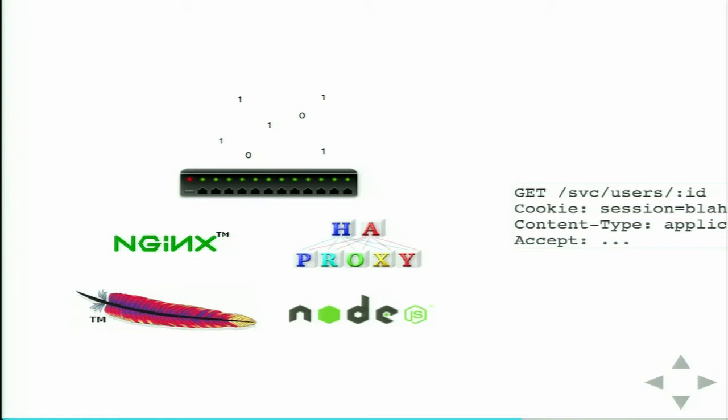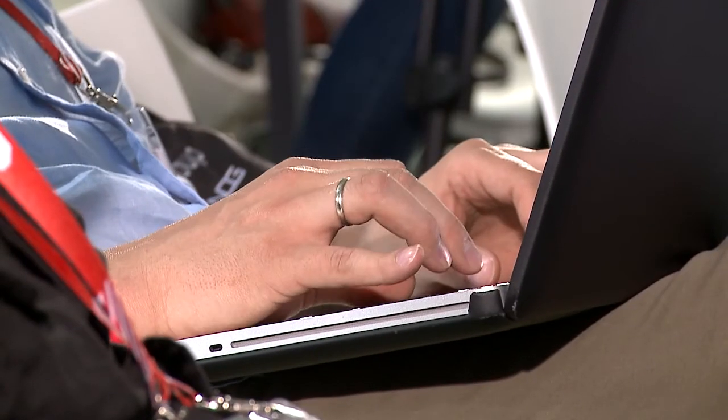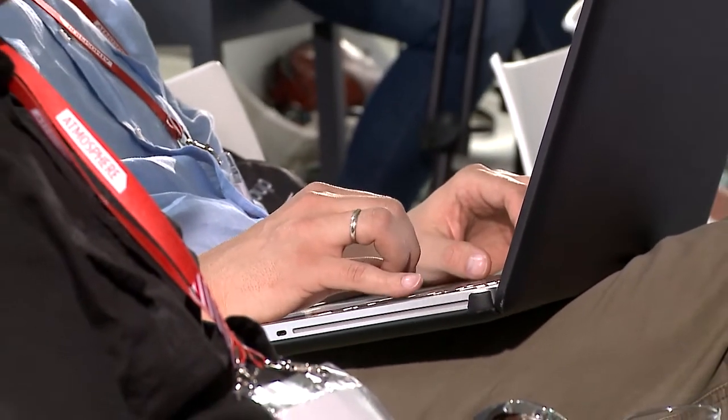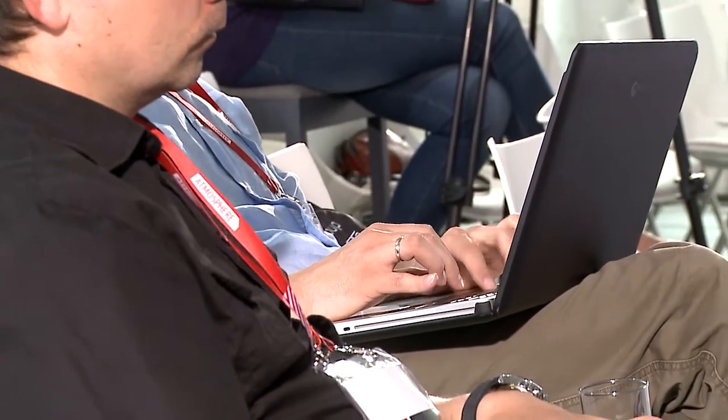The advantage here is that you can do things like unwrapping SSL, unwrapping compression. So SSL termination is a great trick. The idea is you get an SSL request coming into your front-end load balancer. Your front-end load balancer unwraps the HTTP request outside of the SSL, figures out where it needs to route that based on the host name or the path in the URL, and just sends that back off as a normal HTTP request. That way your backend services don't need to care about SSL. They just receive a normal HTTP request.